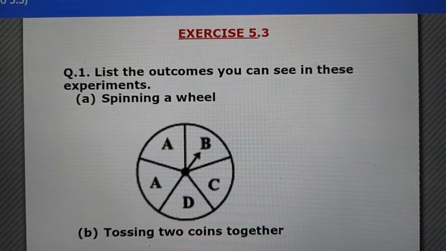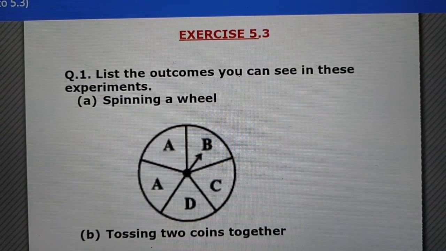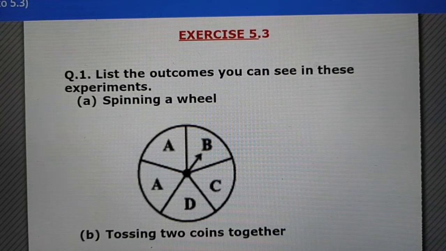Hello students, let us start today with the next exercise of data handling that is based upon probability. I thought you understood it with the videos and the PPTs of probability. After seeing all the videos and PPTs of probability, the events, the outcomes, etc., let us start with the exercise related to the probability topic.